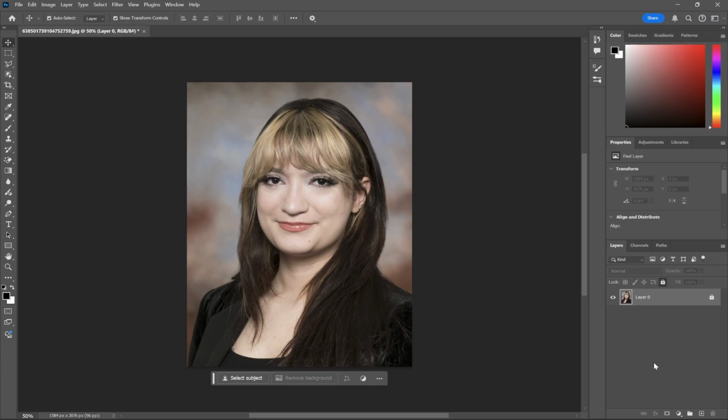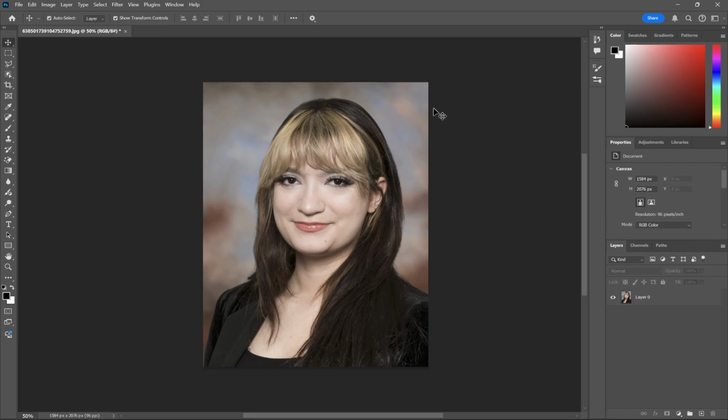The very first thing that I'm gonna do is unlock my layer right here that my photo is on. This is in my layers window over here to the right. Now, usually sometimes photos will open up in Photoshop as a locked background layer. That means that you won't be able to do much or anything at all to that layer because it's locked, but once you unlock it, you're all good to go.